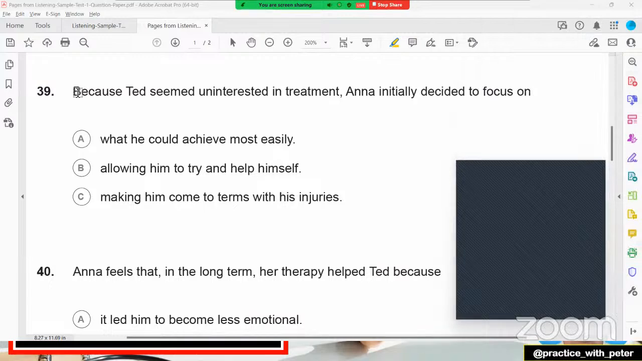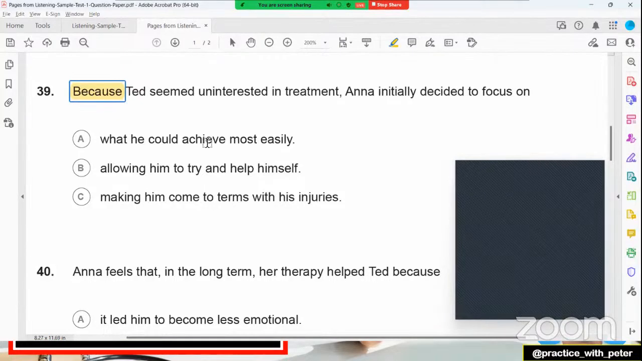Because Ted seemed uninterested in treatment, Anna initially decided to focus on... Because, okay, this is the cause. So this is the result. Focusing on something else. What is it? What he could achieve most easily, achievement without any difficulty,